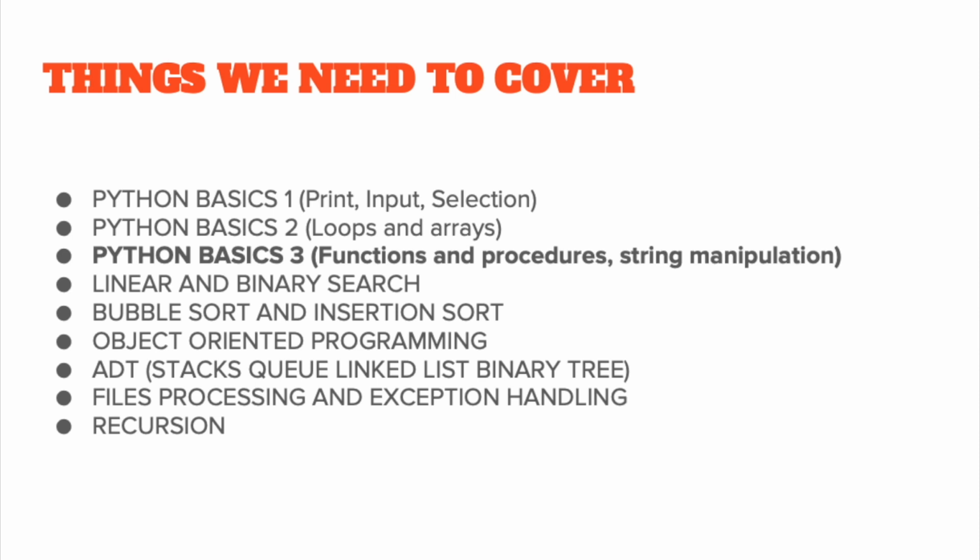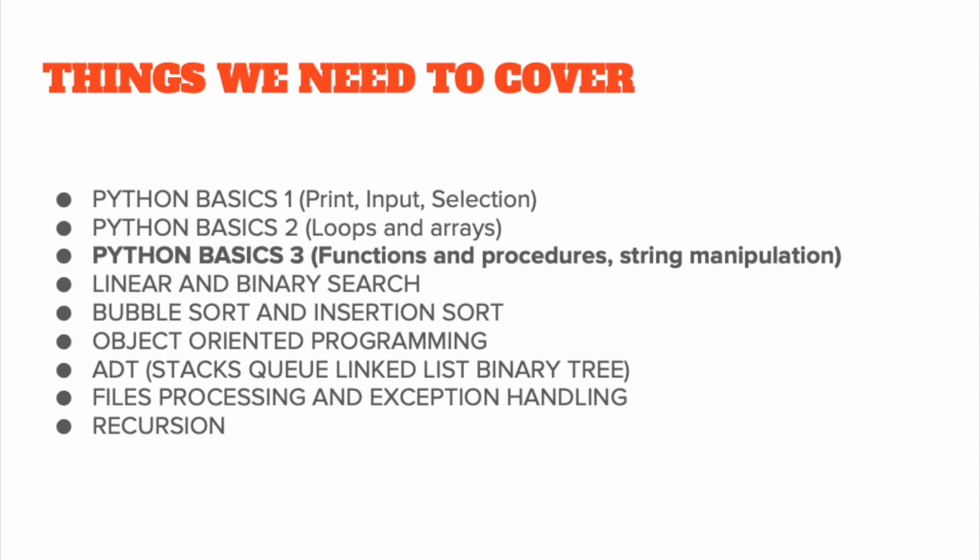Now, in the previous lessons, you were writing a bit of code and it was sequential. So you start with the first line, then you write another line, you might have a loop, you might have a selection, but everything was in one program. The beauty of programming is that we can take a modular approach. So code that can often be repeated or asked for a number of times, we can put in functions or procedures,